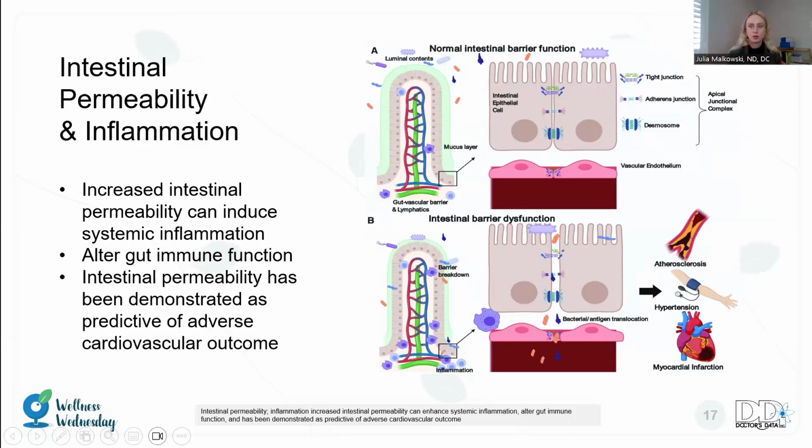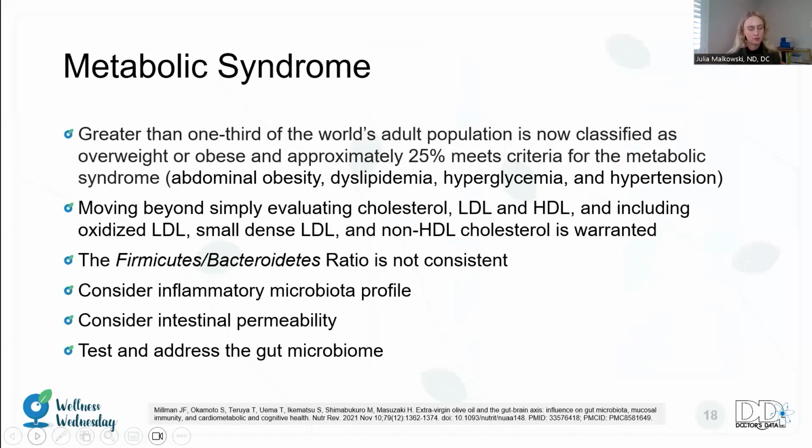Gut microbiome intestinal permeability is potentially associated with cardiovascular disease in individuals diagnosed with IBD, but it is also associated with atherosclerosis and hypertension. That's because when there are issues with that mucosal barrier, the tight junction becomes compromised, and then you have decreased nutrient absorption and vasodilation. So intestinal permeability is associated with hypertension and atherosclerosis.